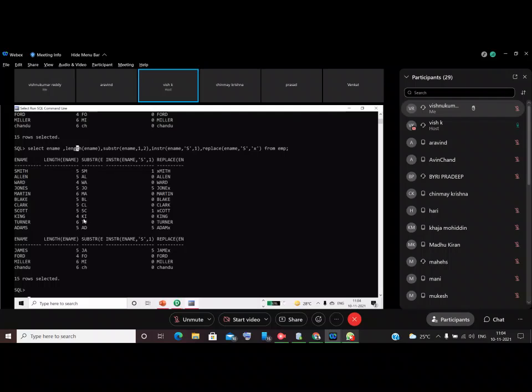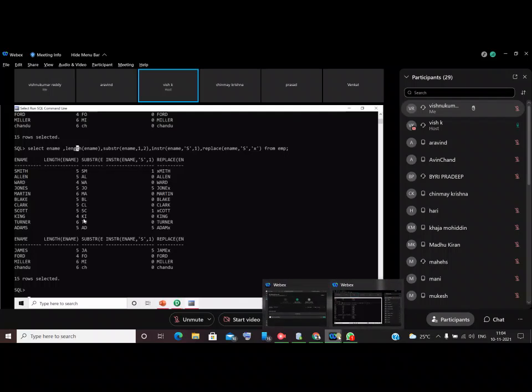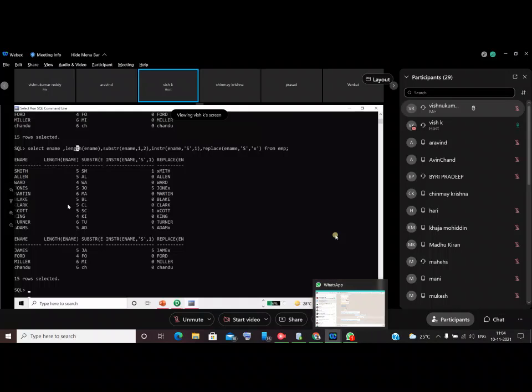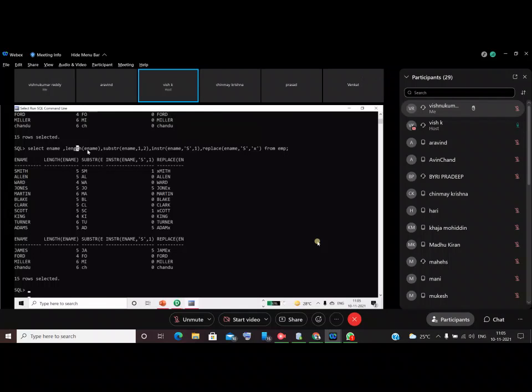Okay, and when will we use this length function? Suppose you have a source and a target, and you are doing some validation. On your source side, the column maximum length is suppose 30 characters. So the same 30 characters should be loaded in the target also. Suppose you have 10 records, you can see how many lengths there are manually. Suppose you have 1 lakh records. So how do you know whether the 30 characters are loaded or not? By using the length function, you can get it. So whether the 30 number is there or not, you have to check it. Like that way, substring also.